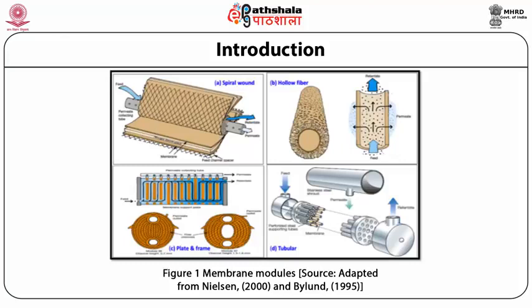C is the plate and frame design of the membrane. It works like a classical plate heat exchanger, but here, rather than gaskets, we have different membranes. And D is the tubular membrane, which has a shell and tube type arrangement, with a membrane bundle, and outside the membrane bundle there are SS perforated tubes. When the feed is subjected to this type of membrane module, the separation will take place, and the permeate will come out, and the retentate will be retained in the membrane module, so that from one end we remove permeate, and from another end we remove retentate.